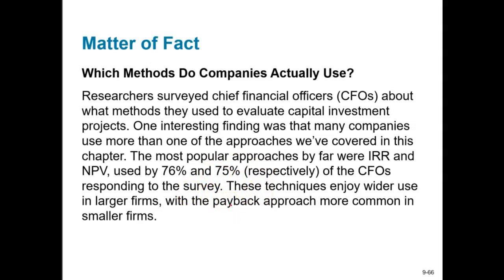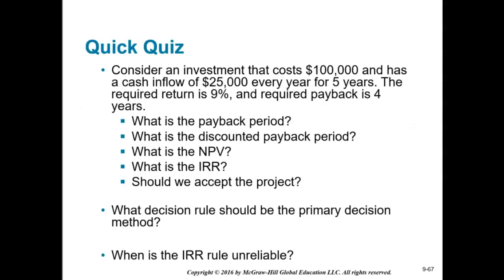So now let's take the quick quiz, and submit me the solutions for this. Consider an investment that costs $100,000 and has a cash inflow of $25,000 every year for 5 years. The required return is 9% and the required payback is 4 years. You need to find the payback period and the discounted payback period. You use that cumulative